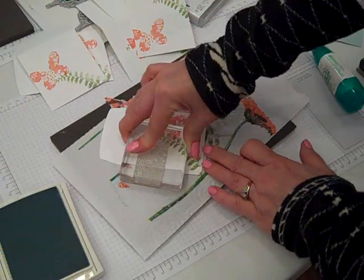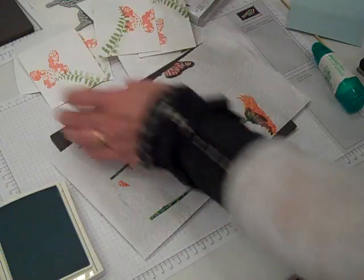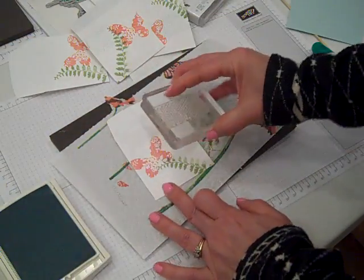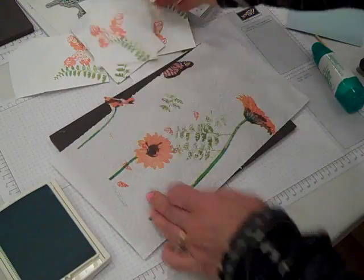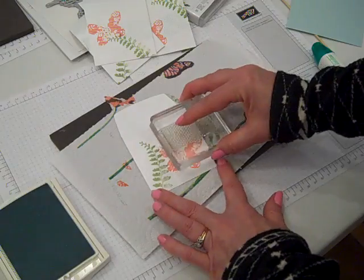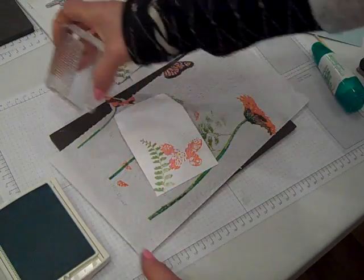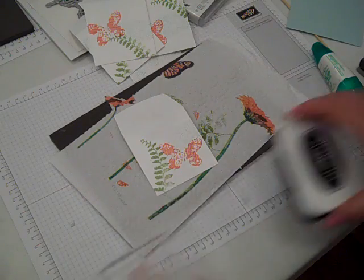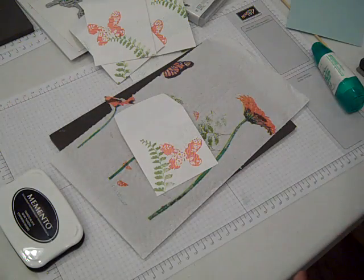Okay, so here's my envelopes. And see, if you wouldn't be talking through it like I am right now, you could really get a quick little assembly line for this card part of it. The gals got through it in no time at all, making all of theirs. So I'm going to take 2 of the sentiments